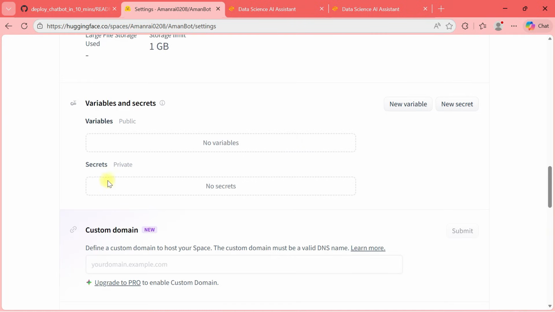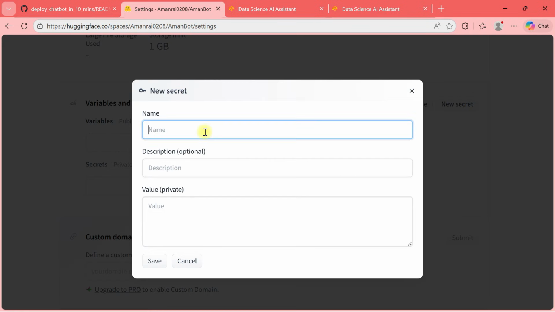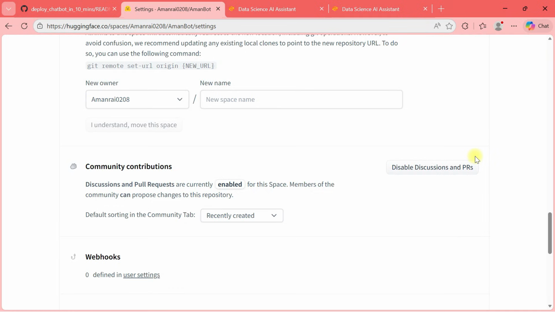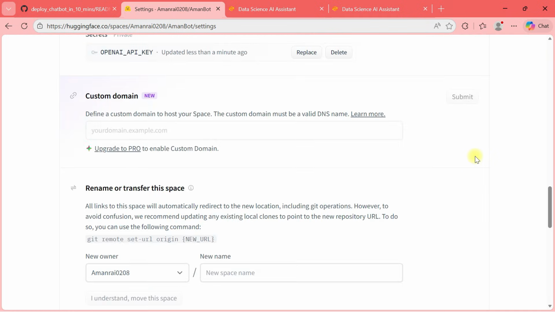So secrets, private. I will say new secret, and in the name I will say OpenAI API key. And here, again I'll stop my recording for some time and paste my value and save. So I have saved my key there,